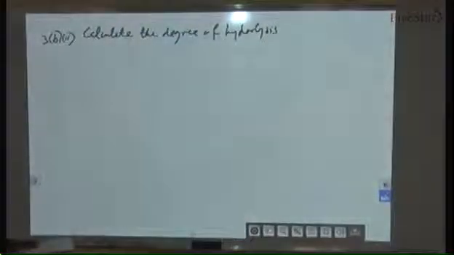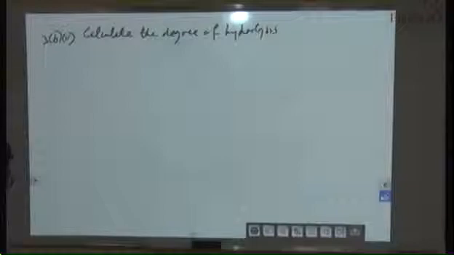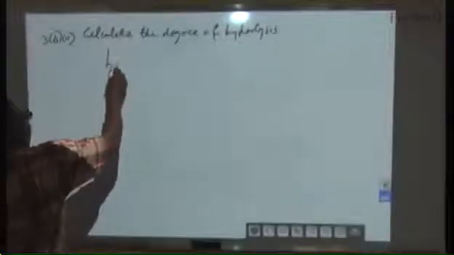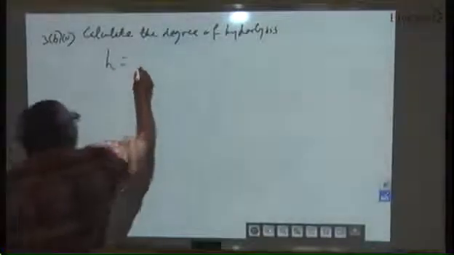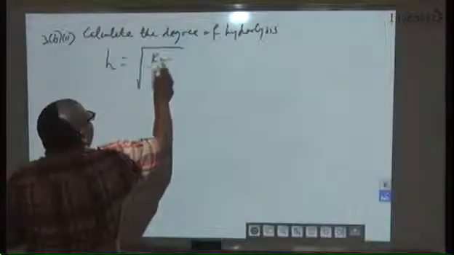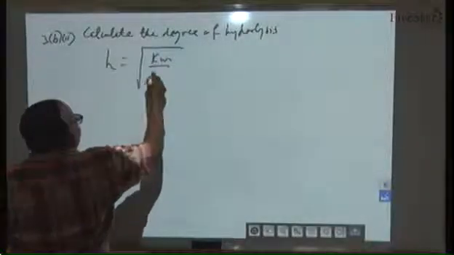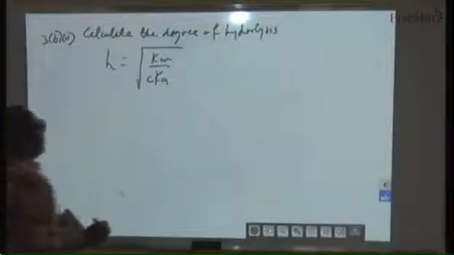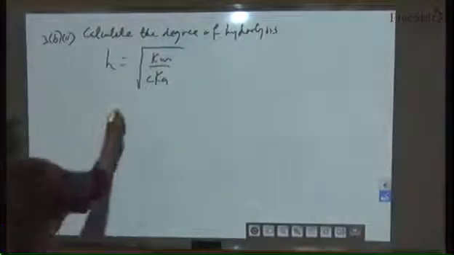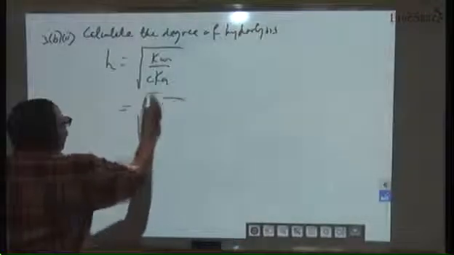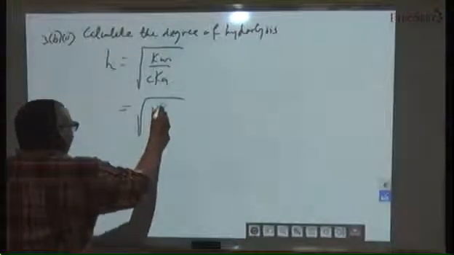The degree of hydrolysis is given by the formula the square root of Kw over C Ka, where C stands for concentration. So here, Kw is 10 to the power minus 14